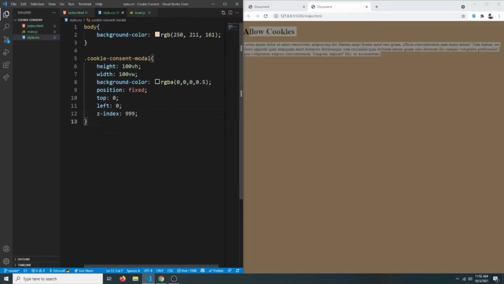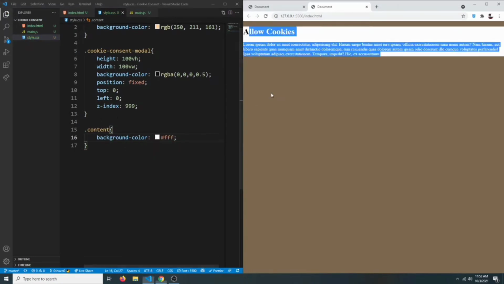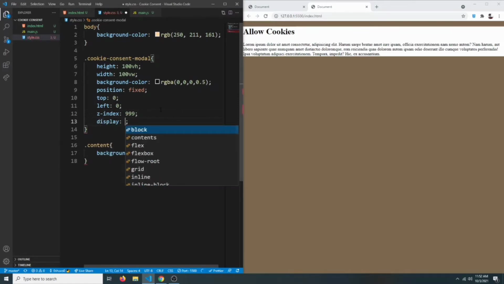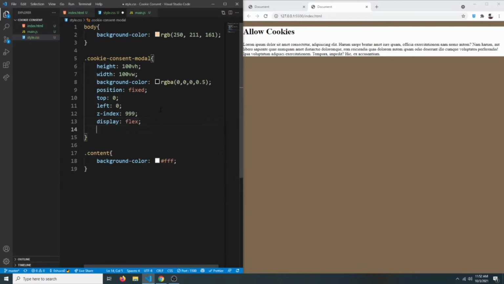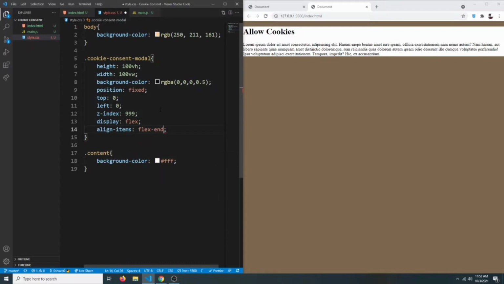So let's say .content. This should have a background color of white, so background-color #FFF, like so. And let's say our cookie consent should have a display of flex, and we're going to say align-items to flex-end.